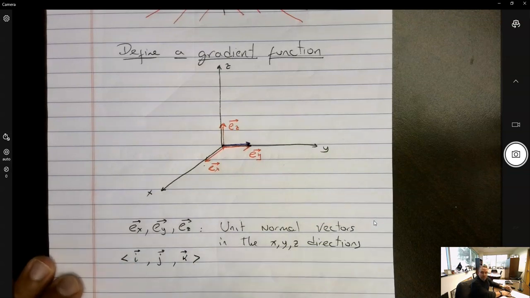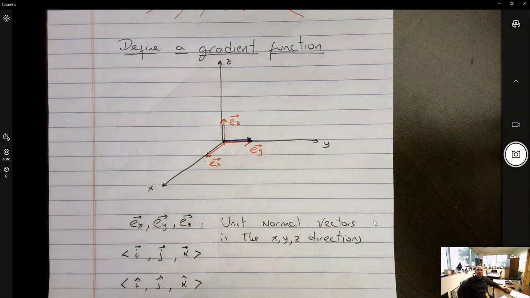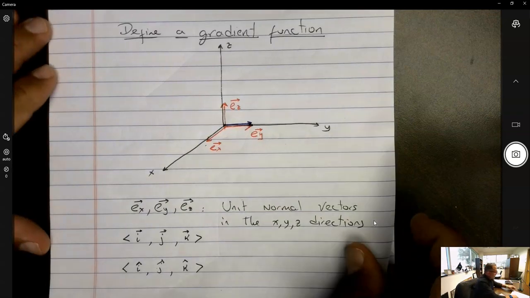Okay, there's the same thing. There are some people in the electrical engineering literature who like to use this hat notation to denote that these are vectors of unit length. So they're all different ways of writing the same thing. All right. So the gradient